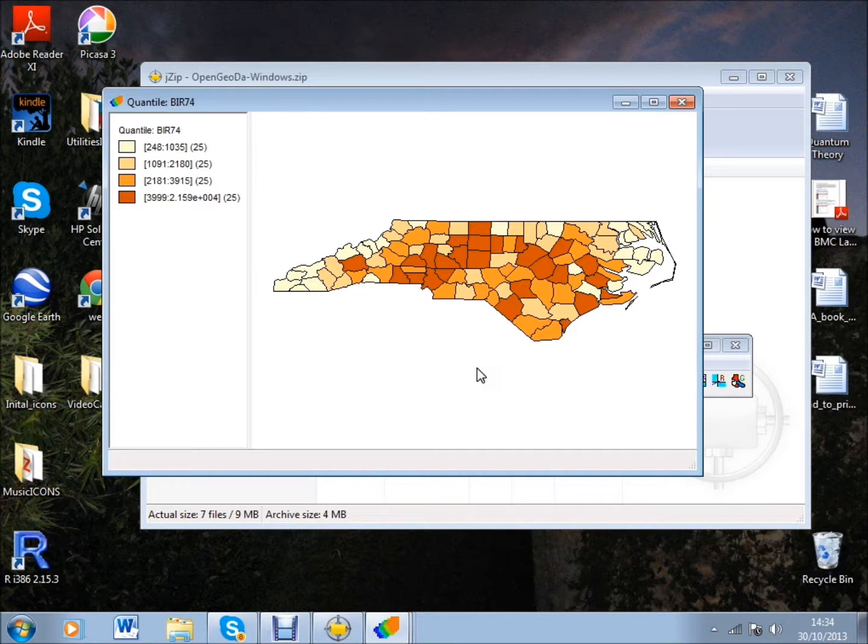Whilst this map is here, can we explain its pattern? Is it actually a useful map? Well, if you go back to the notes, you'll see that I claim that this is, in fact, a very silly map. What I'd be interested in is how you react to that view. And I'd be interested in your comments on the discussion forum about the entire issue of whether area shaded maps should be drawn where the values that we're mapping are these absolute totals from 248 to 1035, etc. Actual births. So it's as simple as